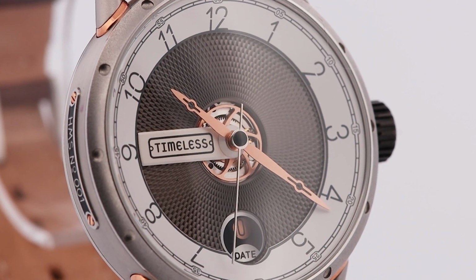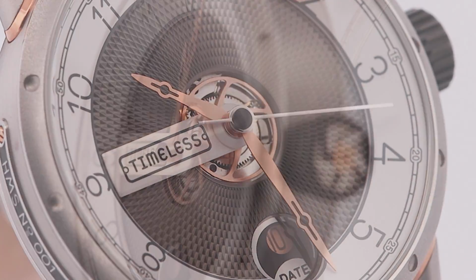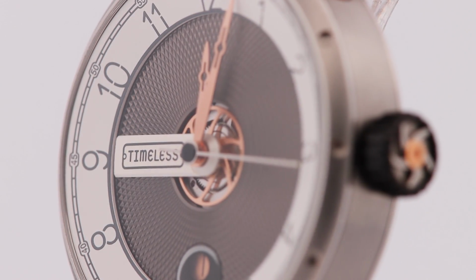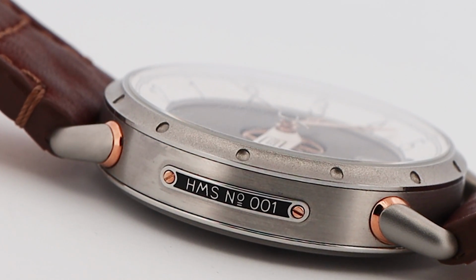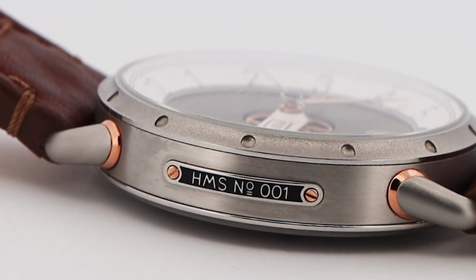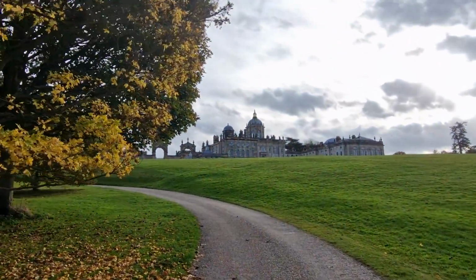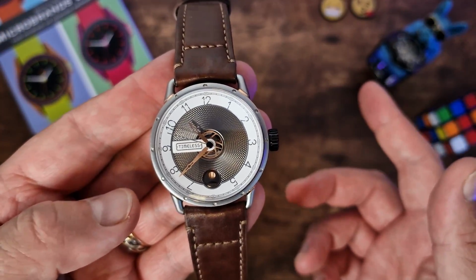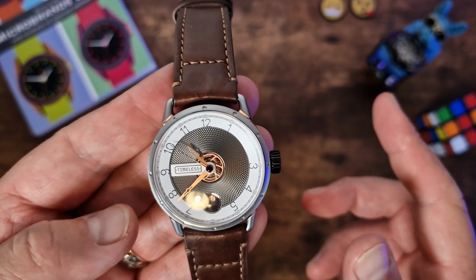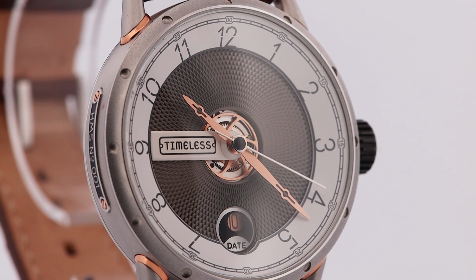That guilloché finished decorative dial is the star of the show and is cast from bronze, while the case sports a circular satin finish, fine sandblasting, polished details with steel and gold screwed-in lugs, and all powered by a Swiss STP 1-11. It wore absolutely beautifully, I must say, and for a mere 1,450 Swiss francs, that's 1,570 US dollars, 1,300 British pounds as of the end of December 2022, it could be yours, and that does include duty and postage. It really is an absolute stunner of a watch, and I'm really looking forward to perhaps an HMS 003